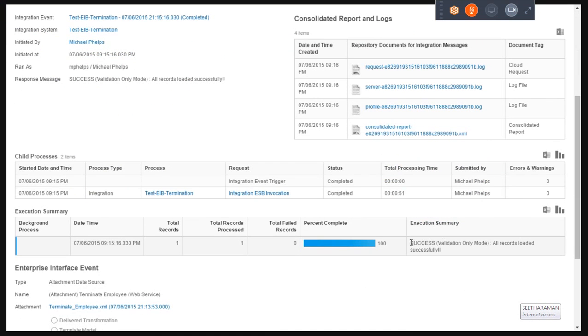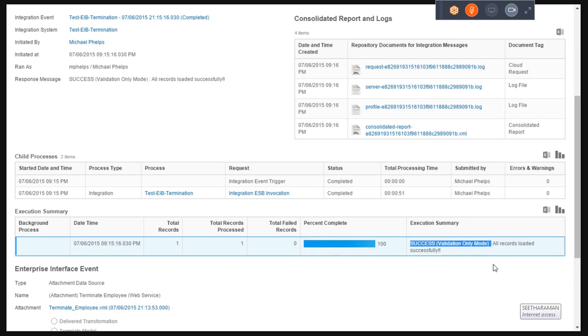If you see here, it completed successfully in the validate only mode, and all records loaded successfully. Let me try to open that in Oxygen or something. I'm unable to open it in the editor. Let me open it using XML app switcher or something. Yeah, it is loading, it is taking time. Okay. Meanwhile, let's come to our